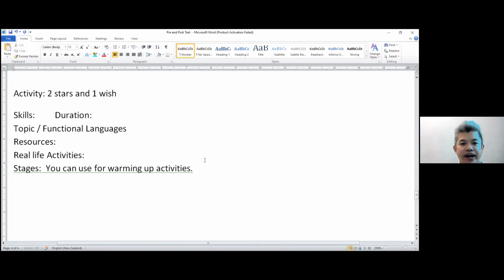We have 4 skills, right? Writing, reading, listening, speaking. From the previous activity, 2 stars and a wish, how many skills and what are they that we practiced? Writing and speaking.